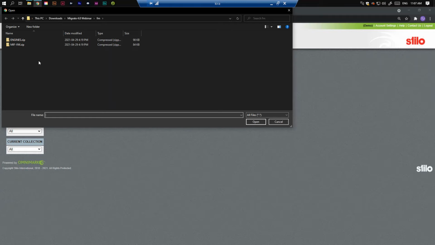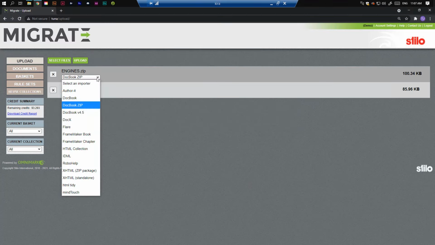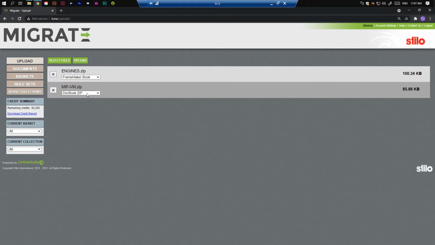So here I have 2 FrameMaker books that I've prepared for us, and I can select them both and hit open. Here we can select our importer from the drop-down. This would be tailored specific to your conversion needs, and you would only have what importer you need. These are FrameMaker books, so I'll just specify that. I have multiple for demo purposes. So let's go ahead and hit upload